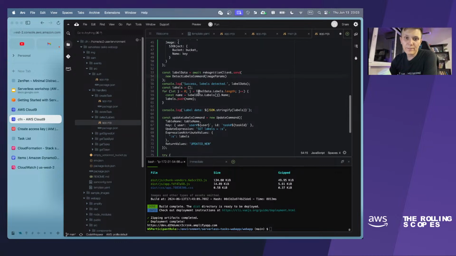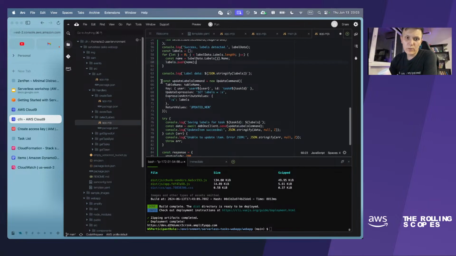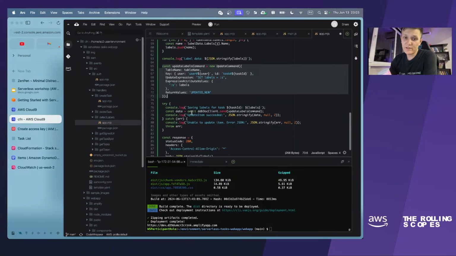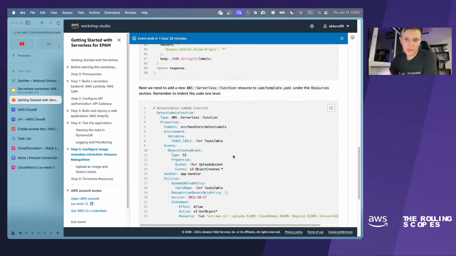So we have the label data object, and in labels we have the array of detected labels. And after that we will update the DynamoDB table one more time with detected labels, and that's it. Should we do something else?